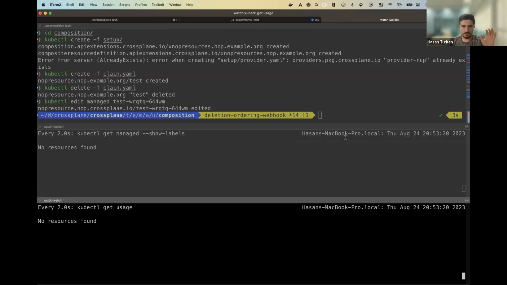I was thinking to make this demo using an actual release and actual cluster, but the problem is that it takes too much time to get the cluster, and it's not that easy to follow in this case. So this is how I wanted to represent the same behavior here.